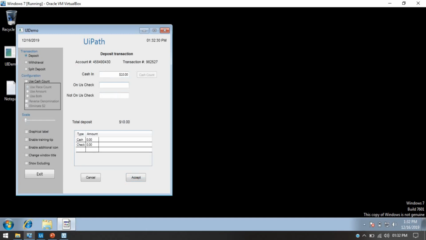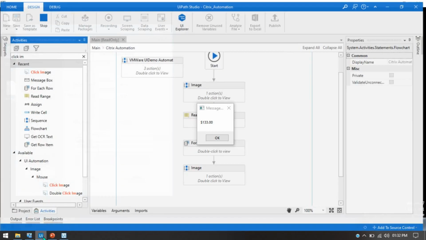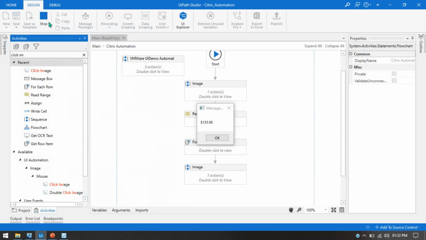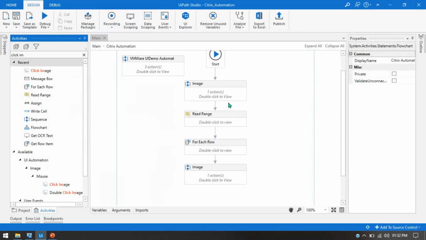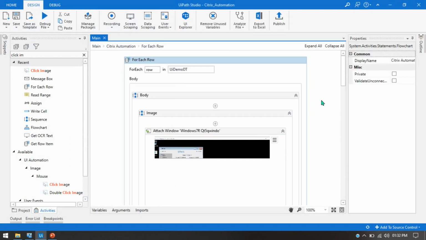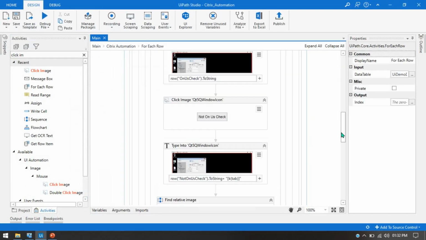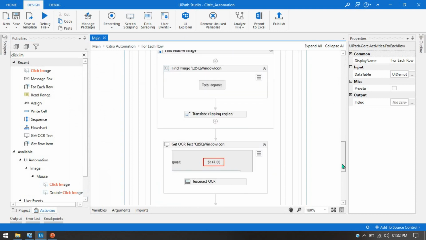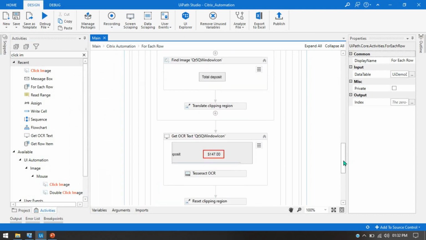Let me see our next one, then I will show you how to write these data back to the Excel file. Okay, you can see here this is also correct. Now let me go here and stop that and press OK, and now we'll go to the for each, and I will just remove this message box,